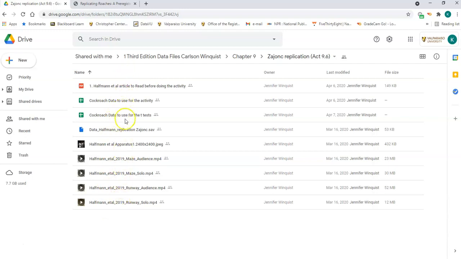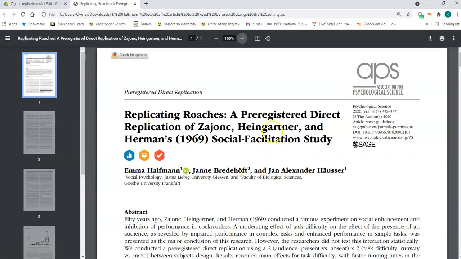The two data files you need are right here. This is the first one we'll use, and then we'll be using this one second. But if you want to get both of them loaded up, that would just be fine. The other thing you want to have available to you is this file right here, which I have already downloaded right here. This is an actual published article